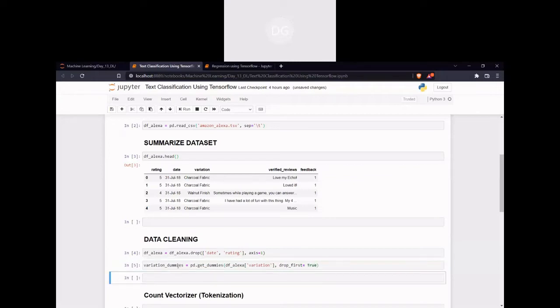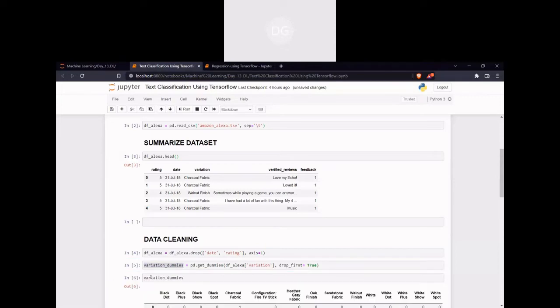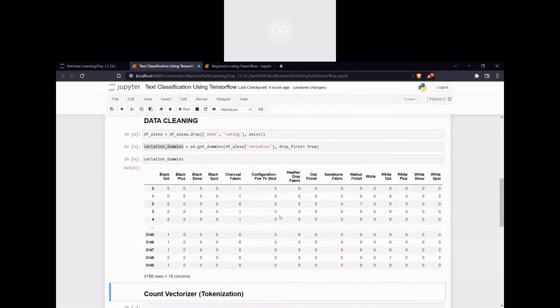So now if I go and check my variation dummies, see, this many variants are available: black dot, black plus, black show spot, like that. Now it has been converted into zeros and ones.